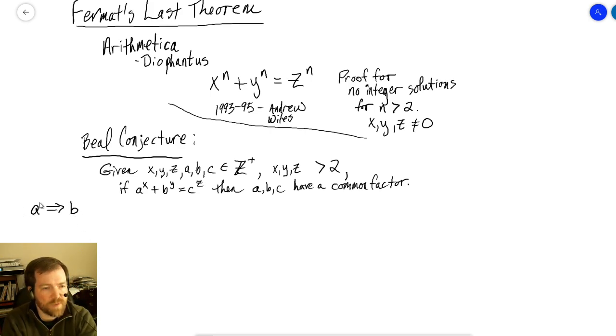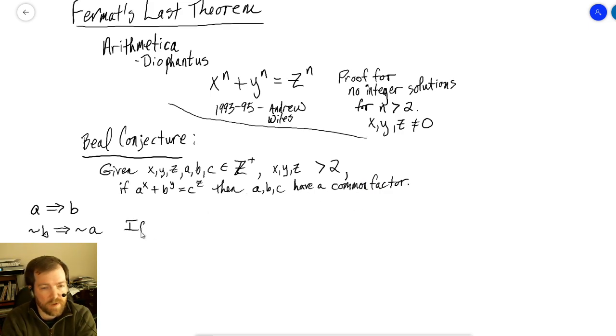And I said that if you're trying to prove a statement that is A implies B, then it is logically equivalent that you could do not B implies not A. So this is called the contrapositive. So I decided to go the opposite direction, and I said, let's negate everything that's in here and reverse the if-then statement. So, given that all of this stuff is still true, that x, y, z, a, b, c are all positive integers, x, y, z are greater than 2,